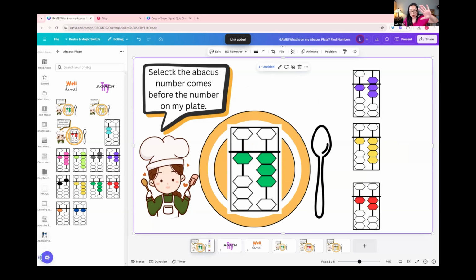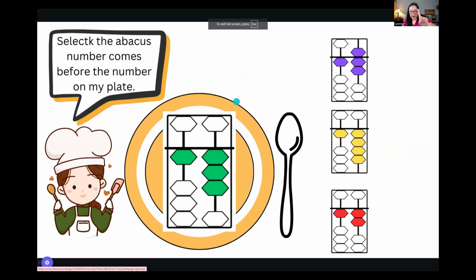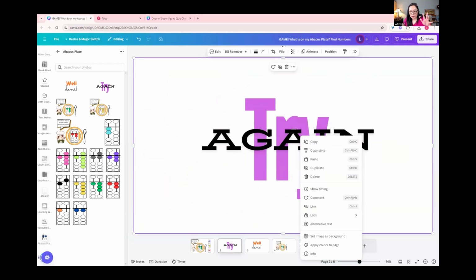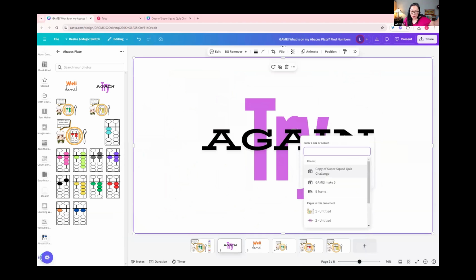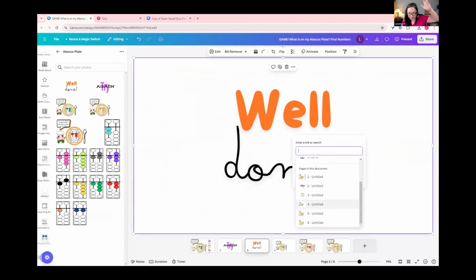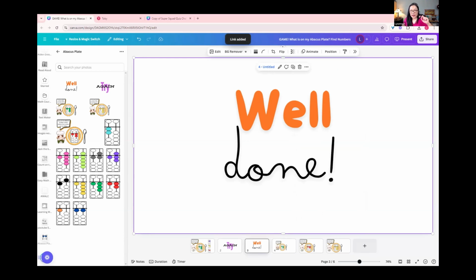So now when it's presented, you'll notice that it's still that finger, it's not that arrow. So when I go here, it goes try again. See, there's that arrow because I didn't link it. So I got to go back, and here I want to link it back to the question. And then this goes to the new question. So I'm going to link this to the new question, which is this one, right? So when I present it,